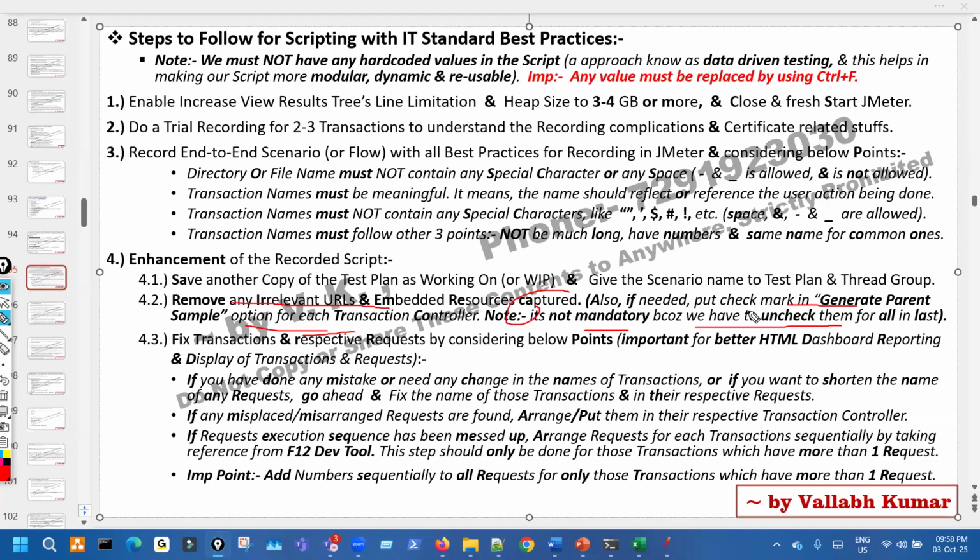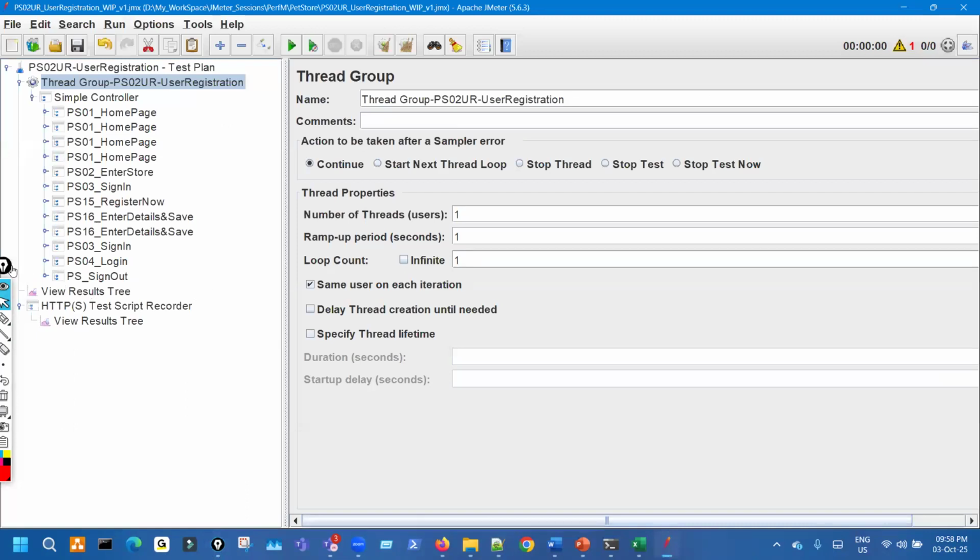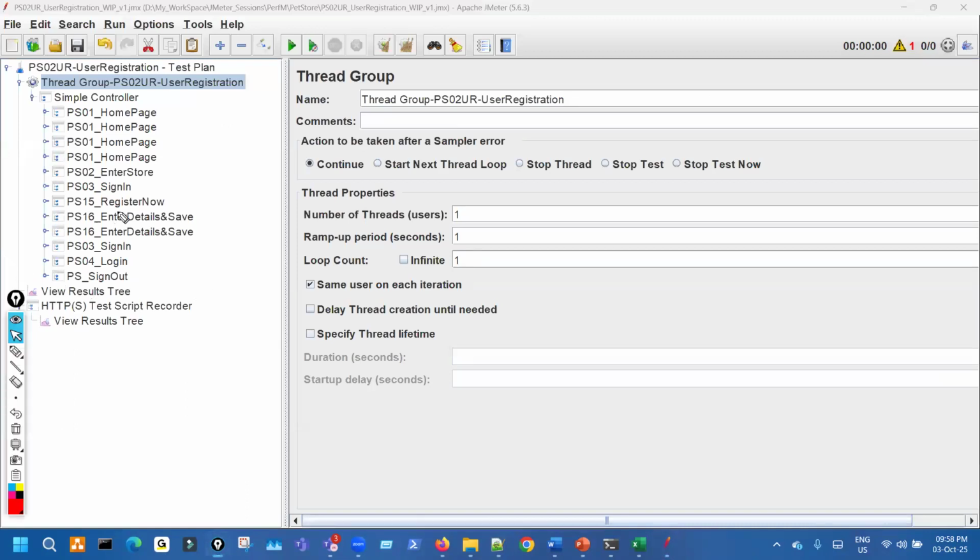If you do not want, you can keep it, because in the last it should be unchecked. This is important: removing of irrelevant URLs and resources. Here, if you see, they are still captured, because we are seeing multiple home page, multiple enter store, sorry, enter details and save, right? So it means that irrelevant requests have been captured, but they will not be as many compared to what we